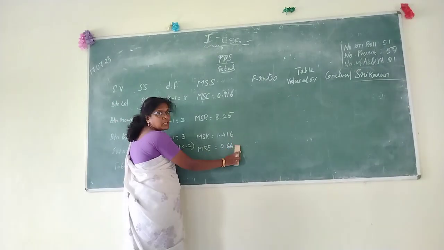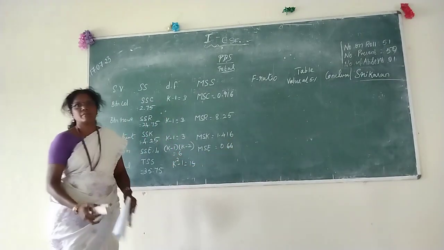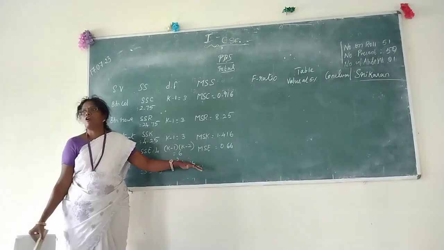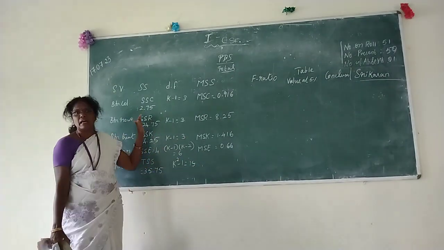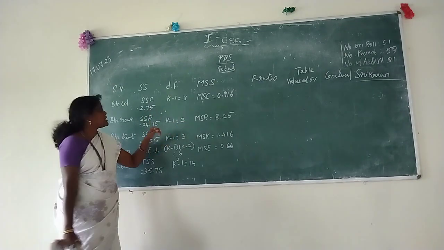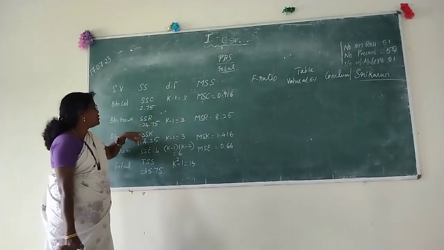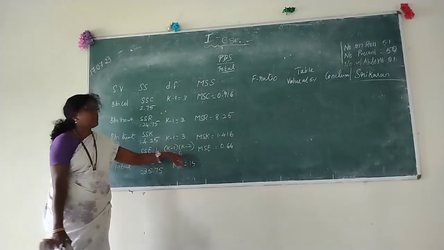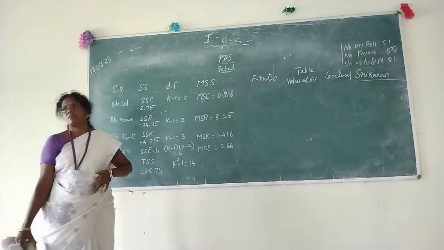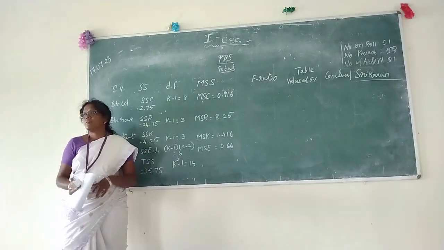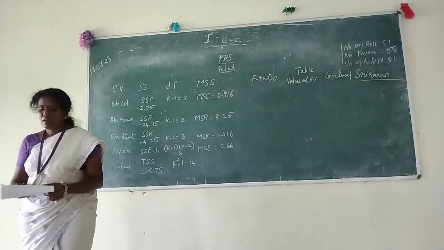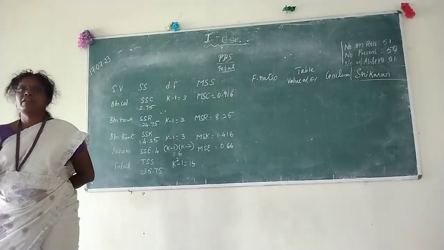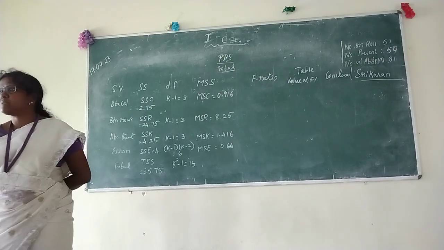What are 2 decimal places? Exactly, 2 decimal places. How to get the mean mark? Divide the sum by the degrees of freedom. So the first one will be 2.75 by 3, 24.75 by 3, 4.25 divided by 3, 4 divided by 6. Have you done? Either approximate everything to 3 decimal places or everything to 2 decimal places.